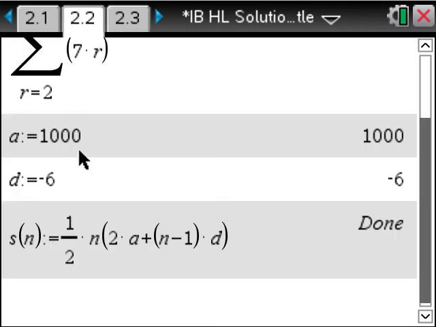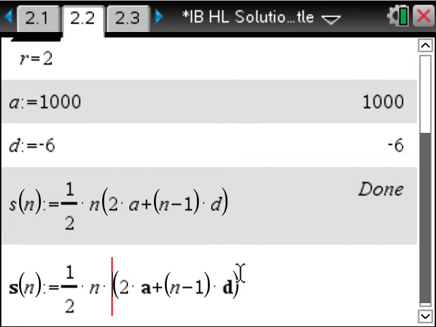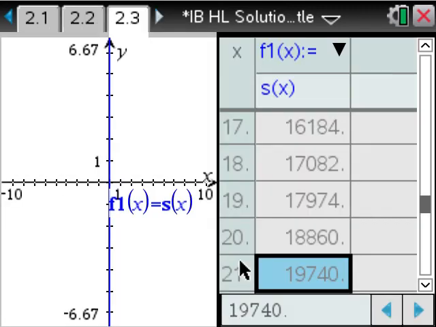Let's just quickly go back. Oh, the syntax here, that n, it hasn't put a multiplication sign in between them, so let's just go back and put that multiplication sign in, so it doesn't think this is a function of n, it's a variable n. Let's re-execute that. So now when I go back to the graph page, it is well populated with numbers,